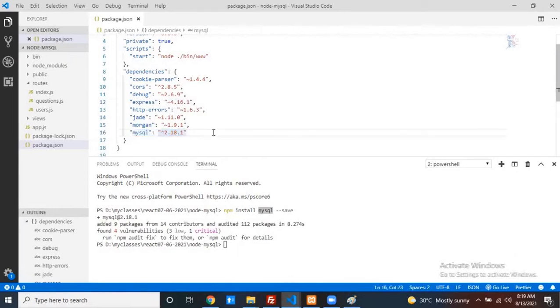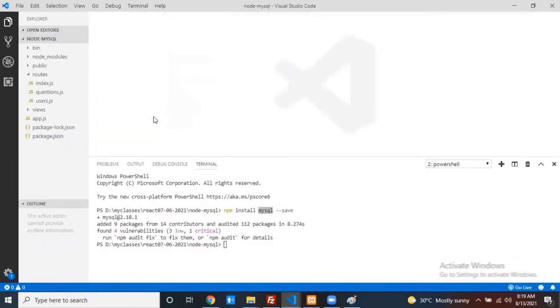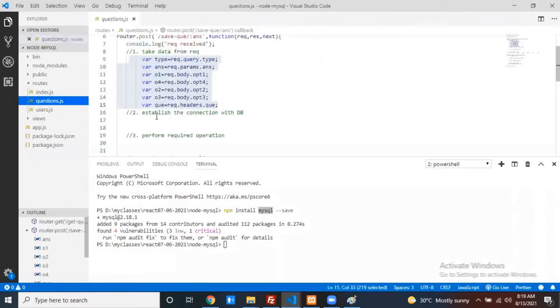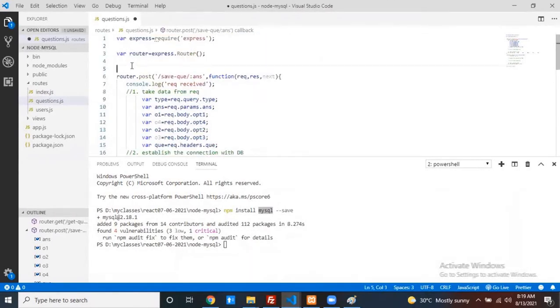Okay, this is the one. Now once you download this library, can we use this library? Okay, how can we use this library? Here I want to establish the connection or not. I want to establish the connection here. So first of all, if you want to use the library, can we get that library? Can we import it? Okay, how can we import?